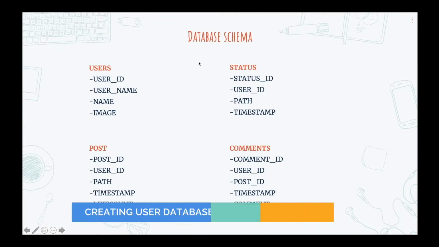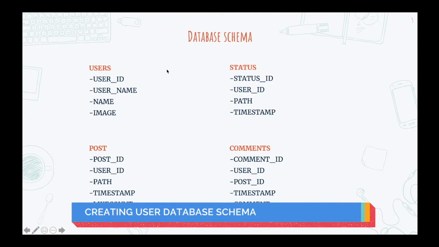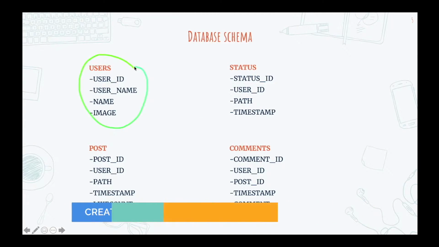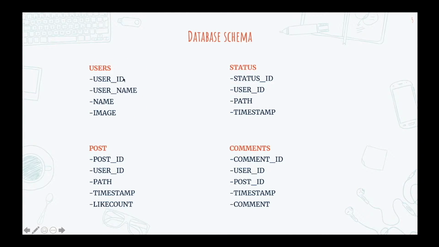The first thing that we have to do is provide a schema something like this, because this is the structure of the data that we need in our front end. So for a particular user, the minimum requirement that we need is the user ID of a particular user, the username, the name and the URL for the profile pic. So let's start with the implementation of our first microservice, and that is for the users.